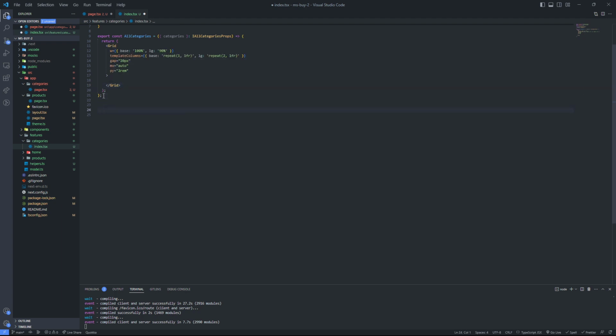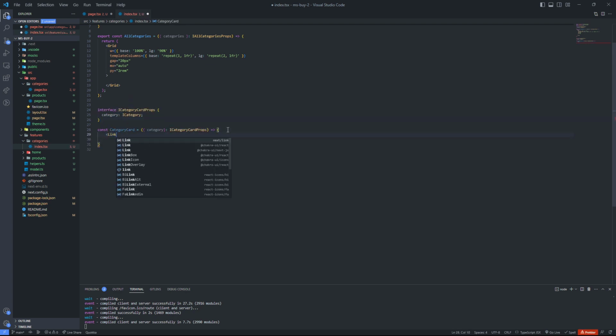So let me create that as a separate component down here. I don't need to export it because I'm only going to use it in this component, so I can just say constant. I want to make it as a link, so that when you click on it, it's going to take you to a single category and fetch all the products under that category. So I will wrap the card around the link, add a card,